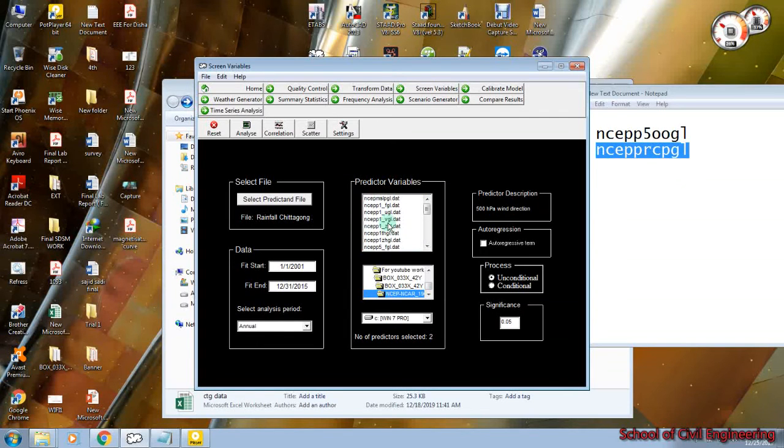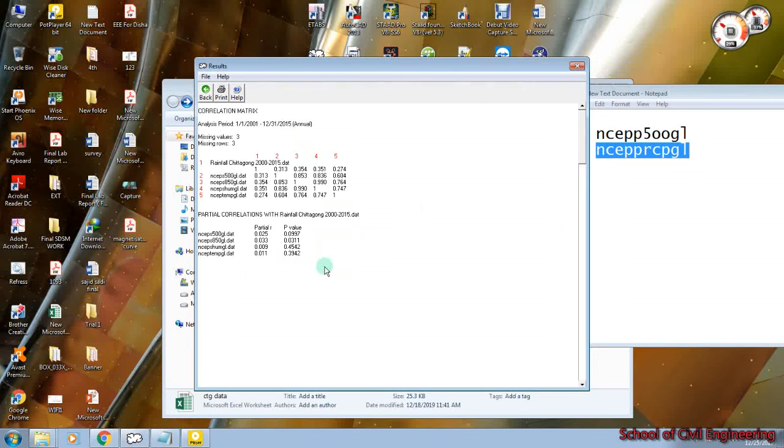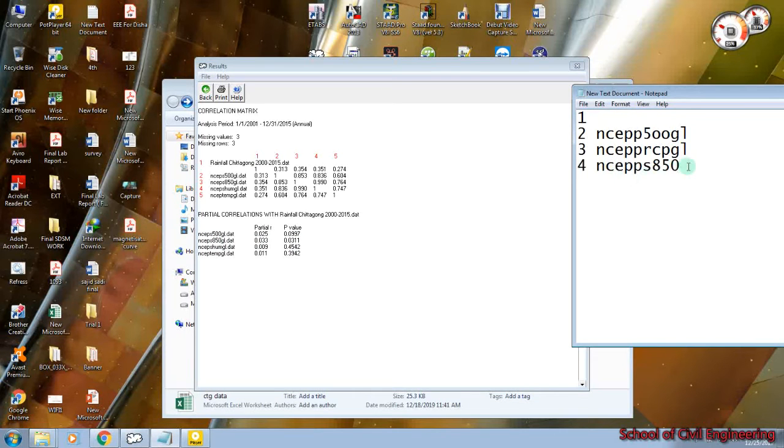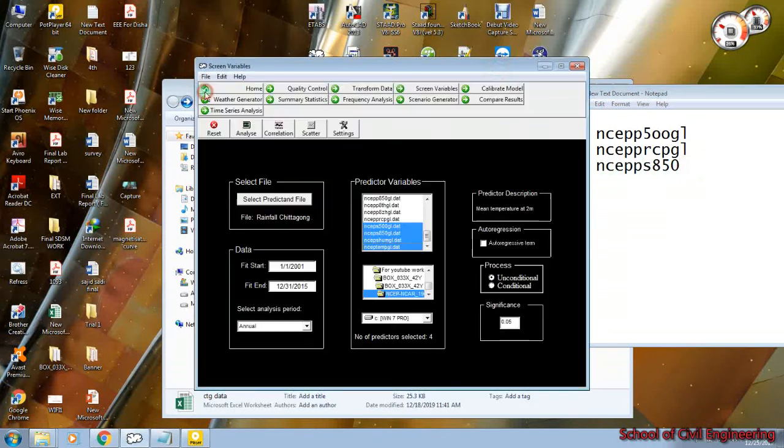So we have to again select the last remaining 4 data, again analyze, back and correlation. So from here we have to select the value where p is 0 or minimum, here 0.03 or minimum, so we'll select that. So here, then go back,